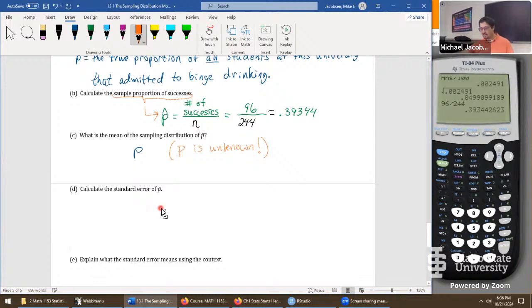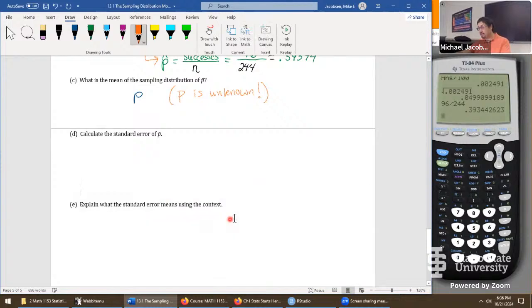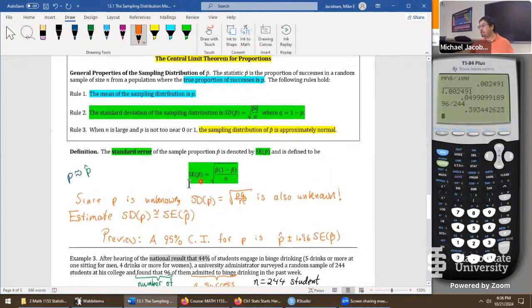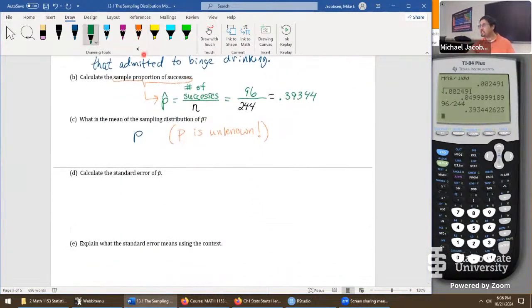And what's the standard error? Well, I grabbed the wrong thing. It's not this. That's the standard deviation right here, and it requires a value of P. We don't have that. Since we don't have the value of P, I should have grabbed this right here, the formula for the standard error. Let's just write it down here. When it says standard error of P hat, notice that problem is kind of tricky as well, just like part B. Some of this is almost like a recognition that the name of the thing gives you this.